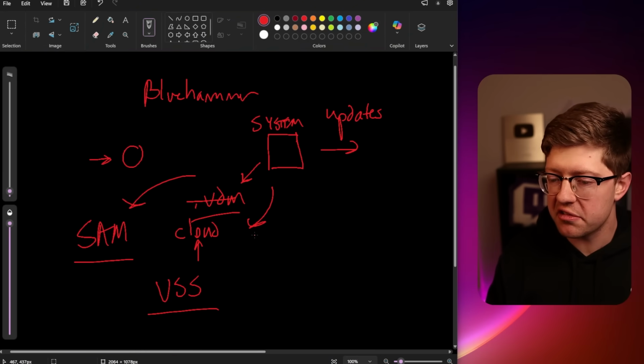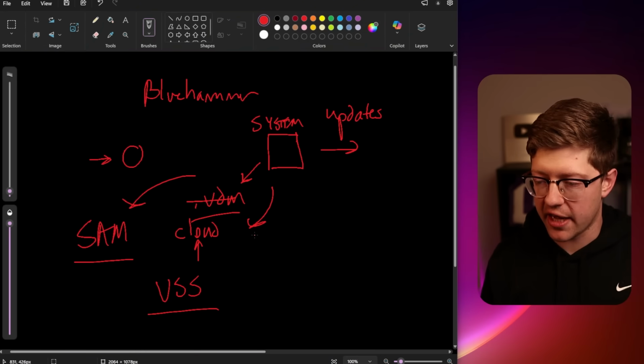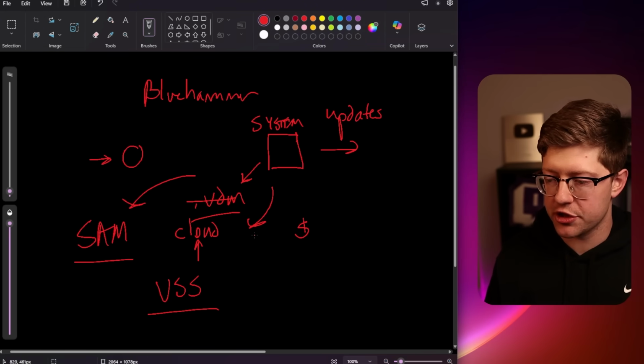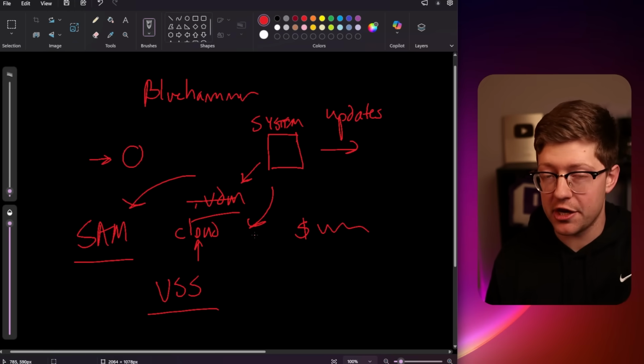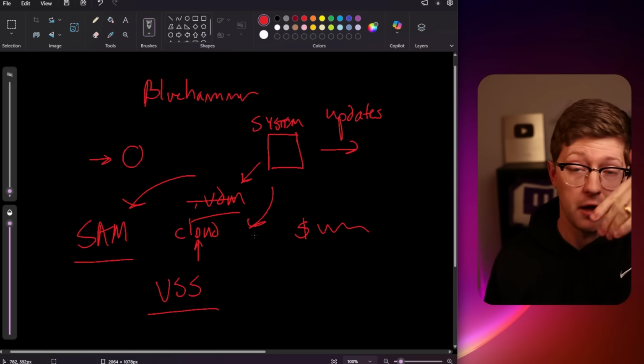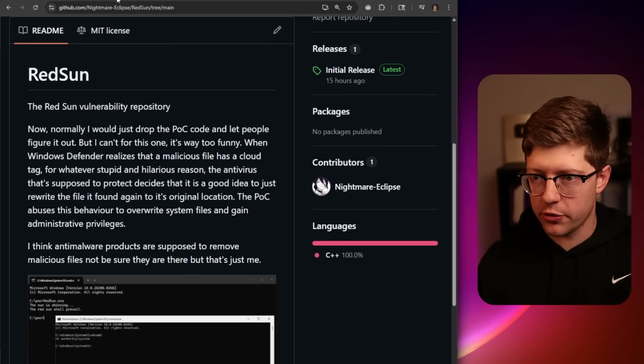And then from there, using the SAM hive, the attacker can do what's called a pass the hash, which basically uses NTLM authentication to pass around the password hash, use that to log in as admin, and then use that token to escalate to system. Crazy. So that was Bluehammer, and then there's Red Sun,